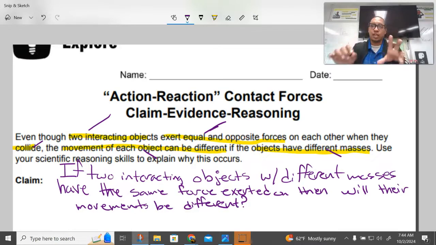So what is your claim? Because remember, your claim must answer this question here. So do you think their movements will be different when the same force is exerted on them, or will their movements be the same? What do you think there? Now what we're going to do is take a look, because you should be looking at your answers through the experiment. So you should be looking through pages